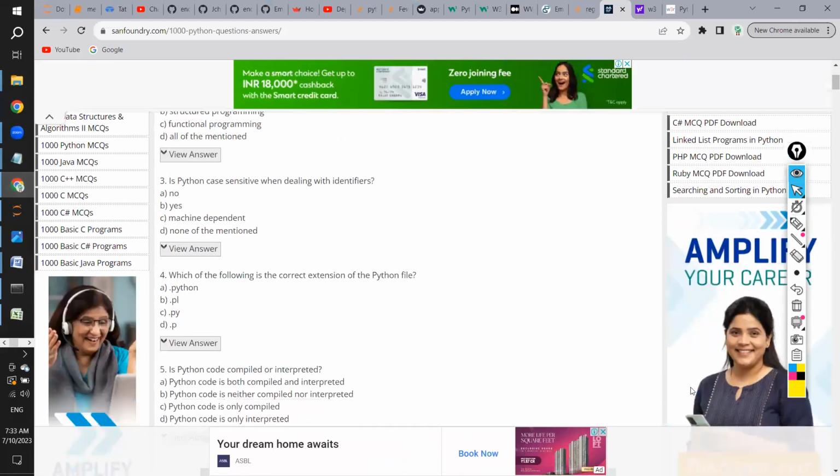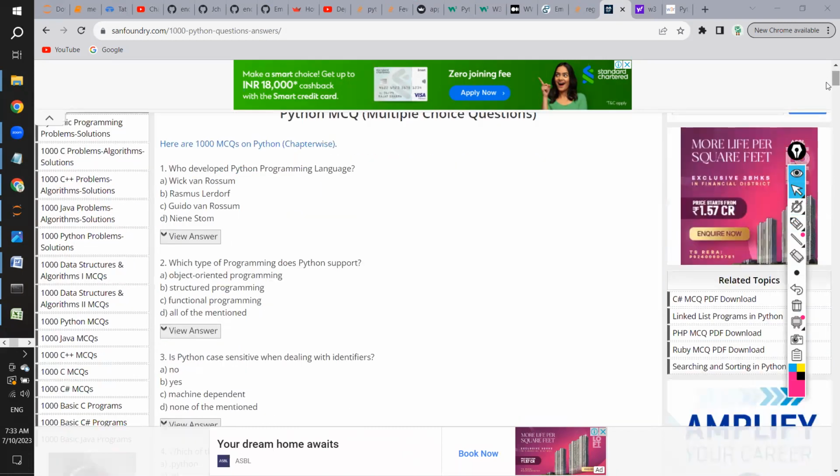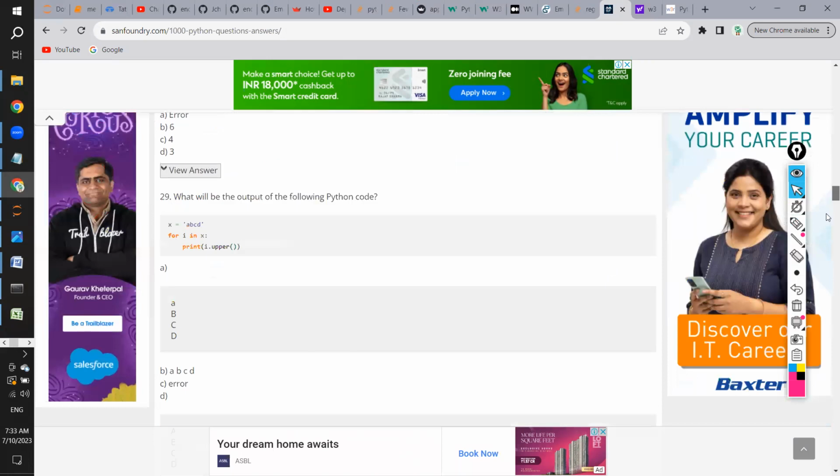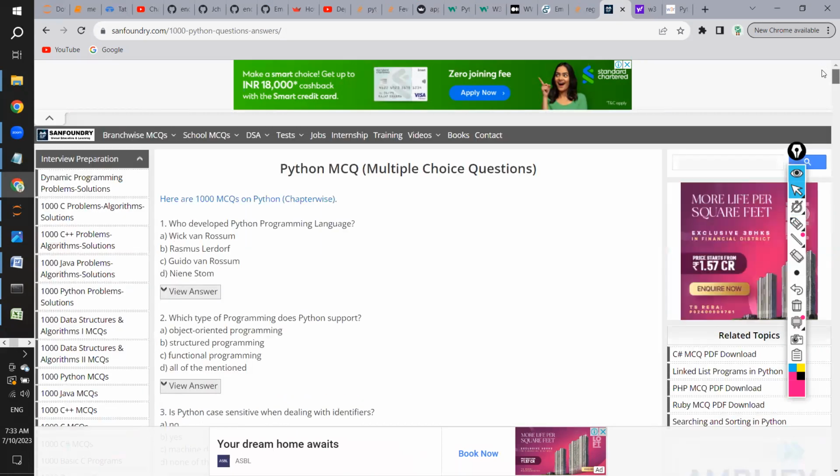And in these 1,000, as I said, Python is a simple language. I don't think you will have difficulty understanding any concept. But the problem is, because the concepts are simple, you will not make big mistakes, you will make silly mistakes, because you will take it for granted, thinking, this I can do, it's very simple. So there are chances of silly mistakes. To avoid that, this particular website will help you extremely, because over here, if you come down in Python,